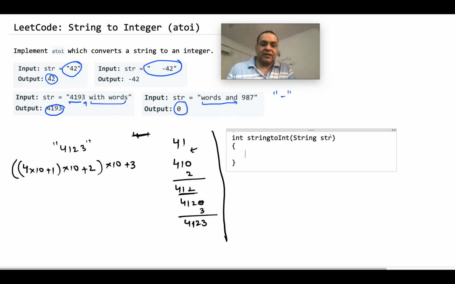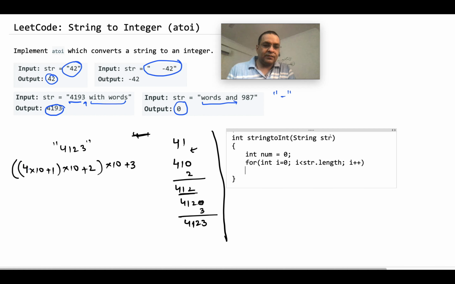And in this function, essentially what we will be doing is going to each and every digit and adding it to the number. So let's say we have an integer number, initially 0. Then we'll say for integer i equal to 0, i less than n, assuming n is the length of the string, so str.length, i++.